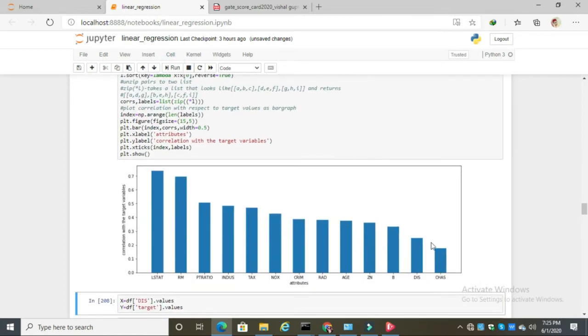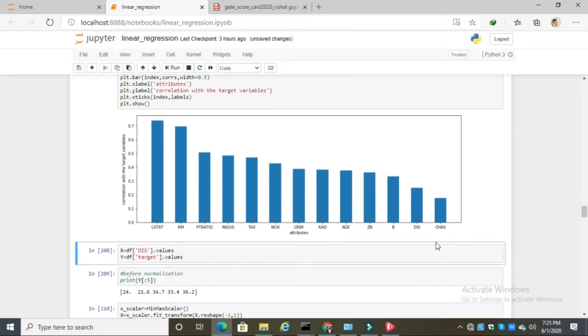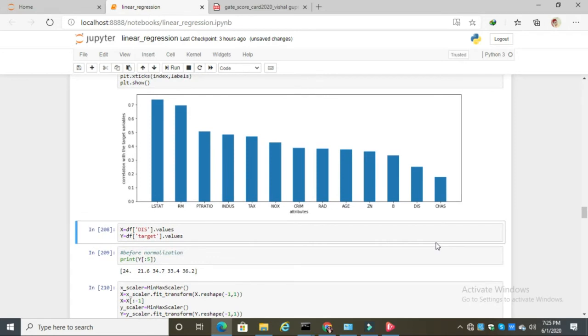See, now all the graphs are positive. We see here LSTAT is an attribute on which the target value depends inversely, and RM is the attribute on which the value depends positively.